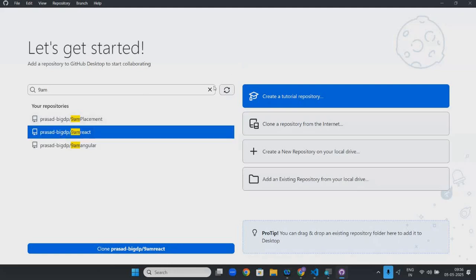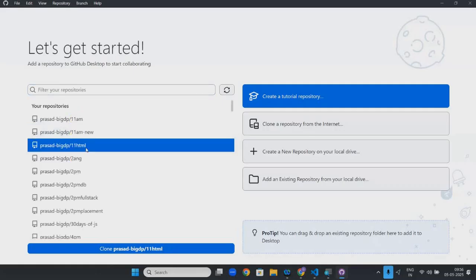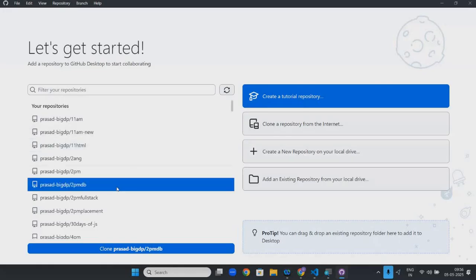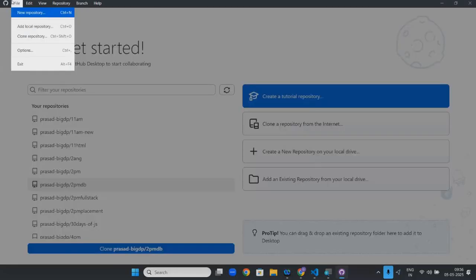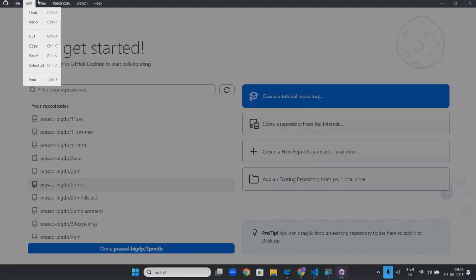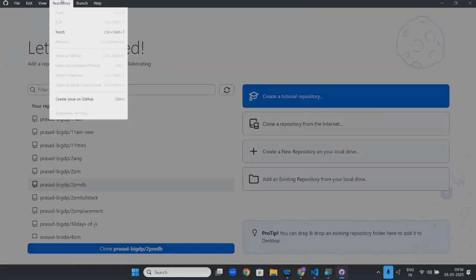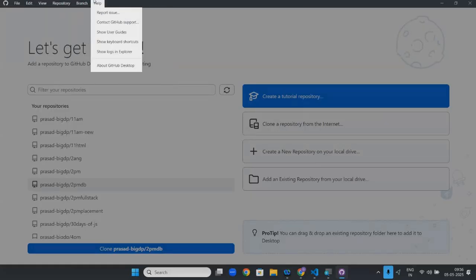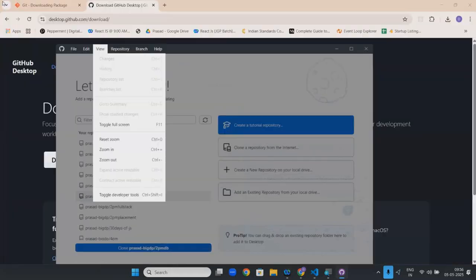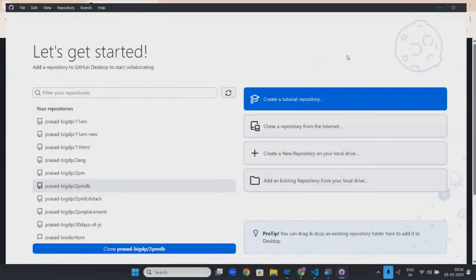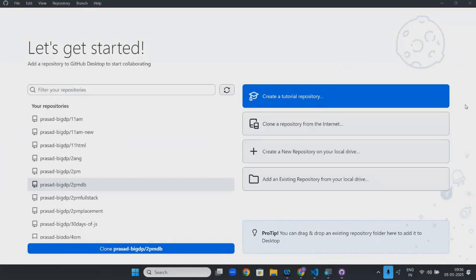Usually you don't need to clone. Why is it not working?